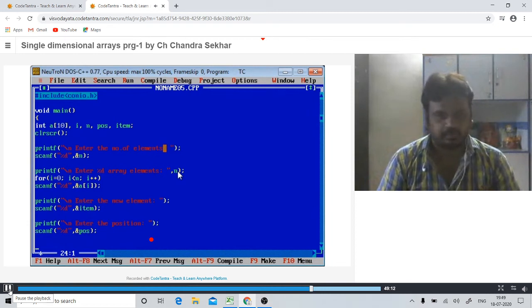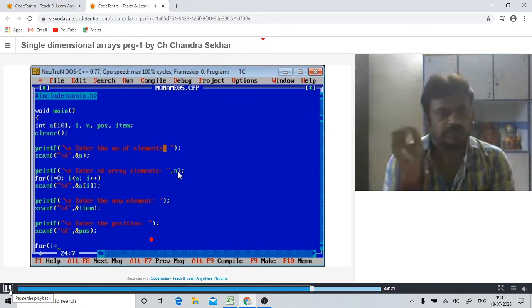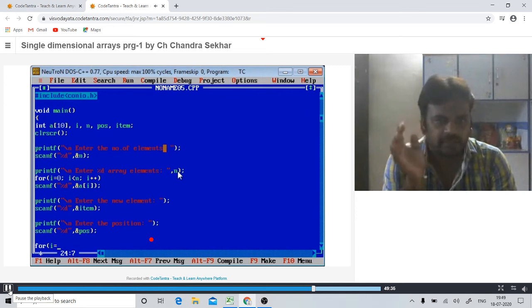Now applying the processing statements. Whenever we are inserting a new element into an already existing array, it can be done in two steps. First of all, we have to move the array values from the last location up to the position to the next position.